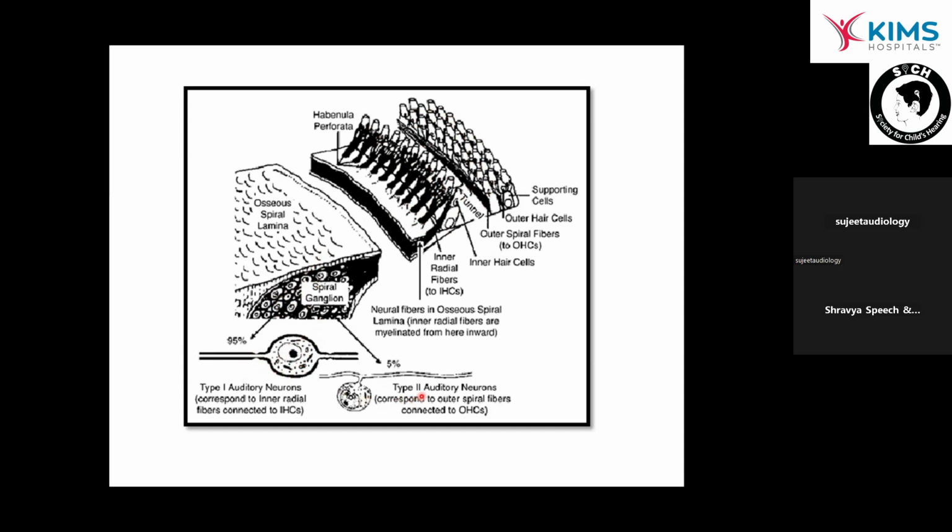Now, type 1 auditory neurons are myelinated neurons. Type 2 auditory neurons are unmyelinated, non-myelinated neurons. Type 1 are myelinated neurons, and these are basically your bipolar neurons. Remember, type 1 are bipolar, myelinated neurons. Type 2 are unmyelinated neurons. But what is important is